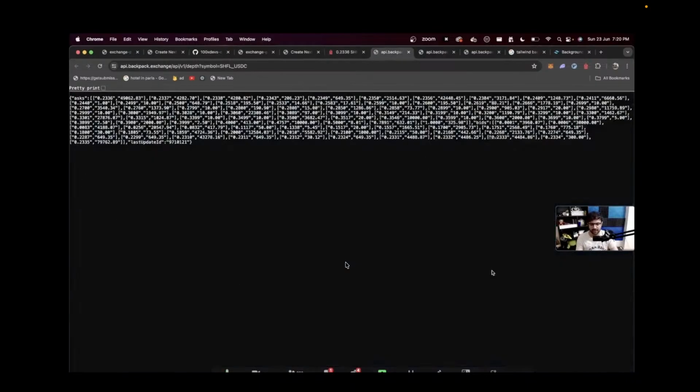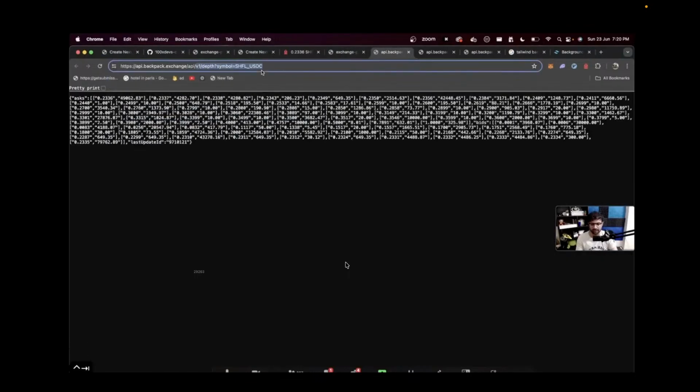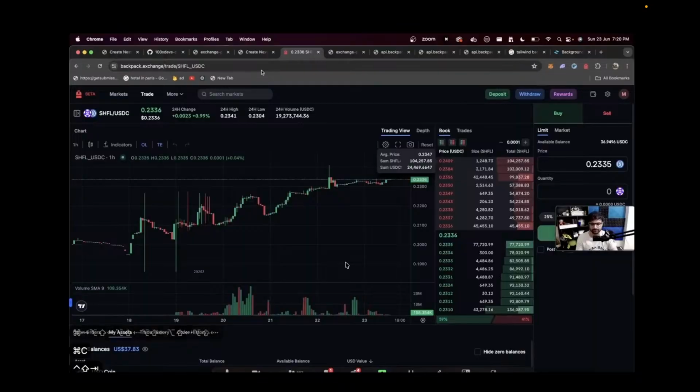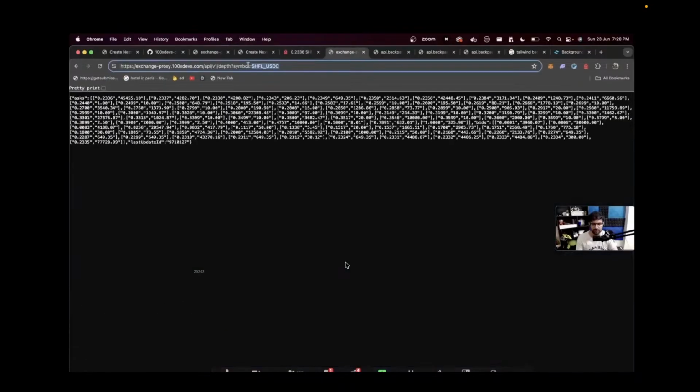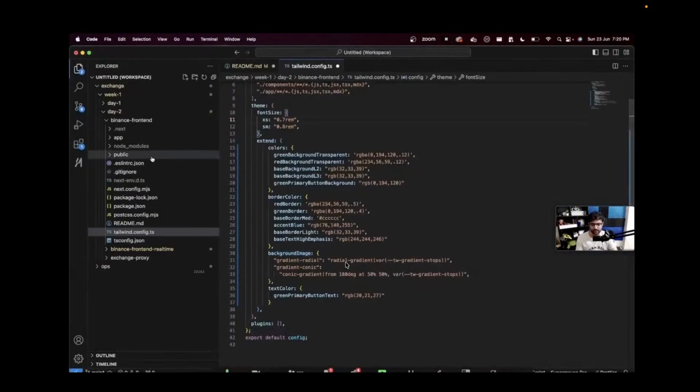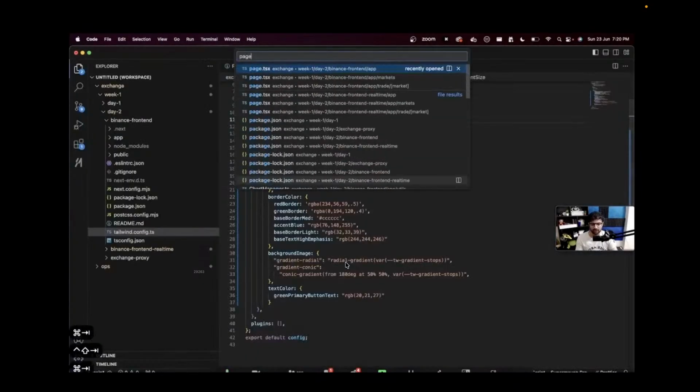I would first create this endpoint, expose this endpoint so that my front end can hit it. Now it is already exposed to us where? On exchange-proxy.100xsteps.com/ whatever API v1 depth / symbol equal to the market that you're hitting. Question is, how can you render this? If you go to the components, if you go to the